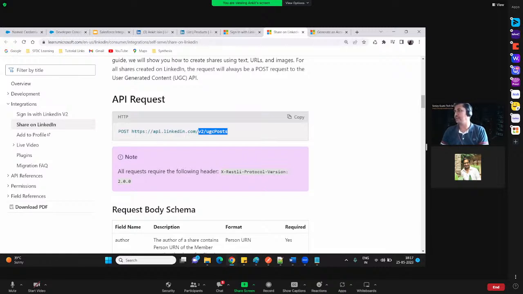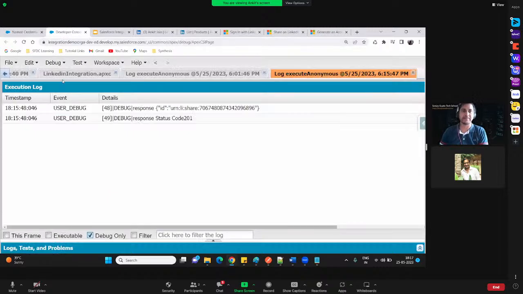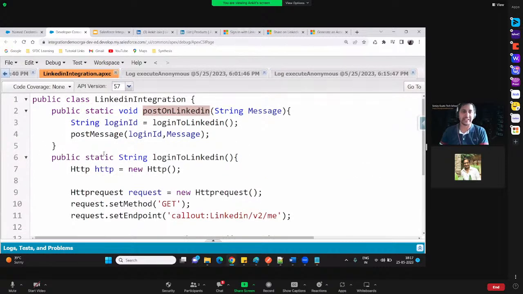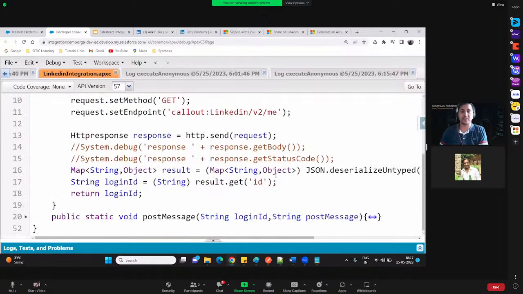Okay, Madhu Mohan is asking what is typecasting in Apex code. Typecasting is nothing but converting one data type into another data type. Like here, we are using Object, a kind of generic data type, right? If you follow the code here, we are using the Object generic data type, and we need to convert this generic data type into String. That's where we have done the typecasting in this line. This get method will return you the Object. I have converted that Object into a String by applying the concept of typecasting.